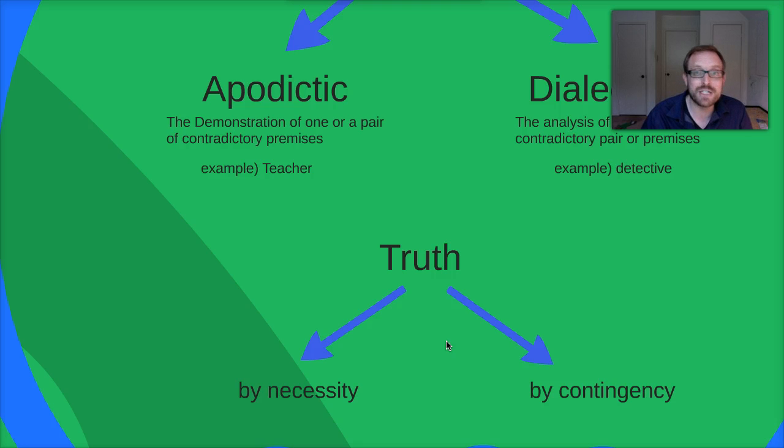By contrast, we have contingent truths as well. So a contingent truth is when I say, for instance, it's raining outside. Well, it's either true or it's false based upon whether or not that statement corresponds to some sort of state of affairs, right? And that's purely contingent on those states of affairs, right? So if I say it's raining outside, there's nothing in that statement itself that makes it necessarily true. Whereas if I make a geometric proof of something like the Pythagorean theorem, I seem to be rubbing up against things that are true out of necessity. And so there are these two types of truth.